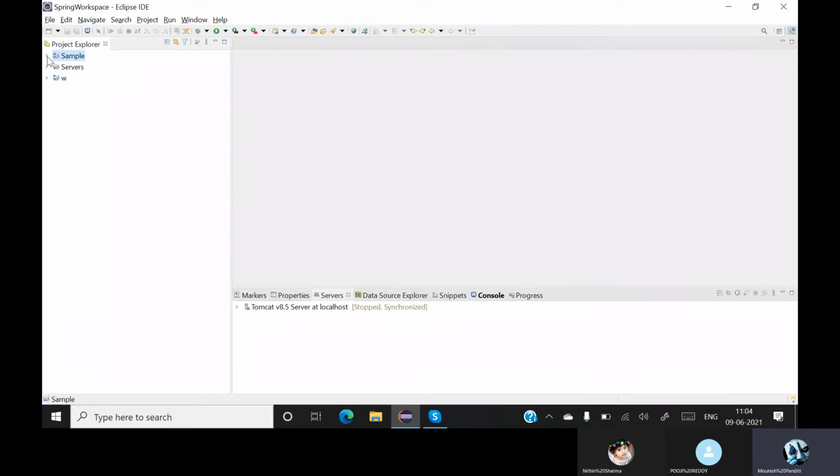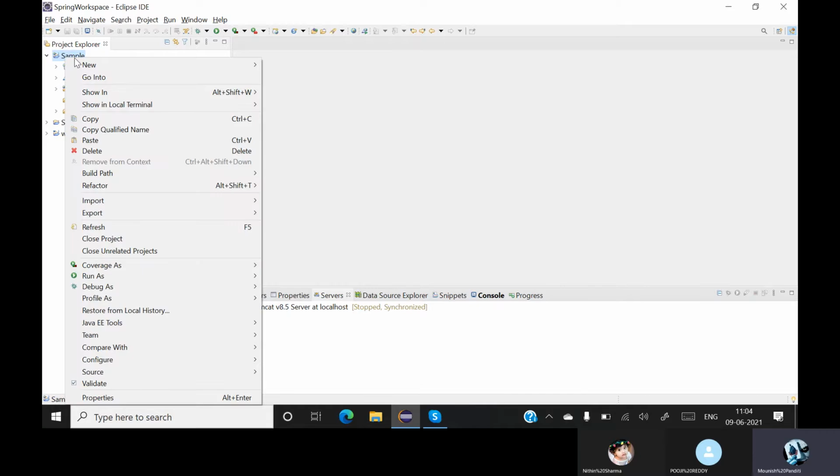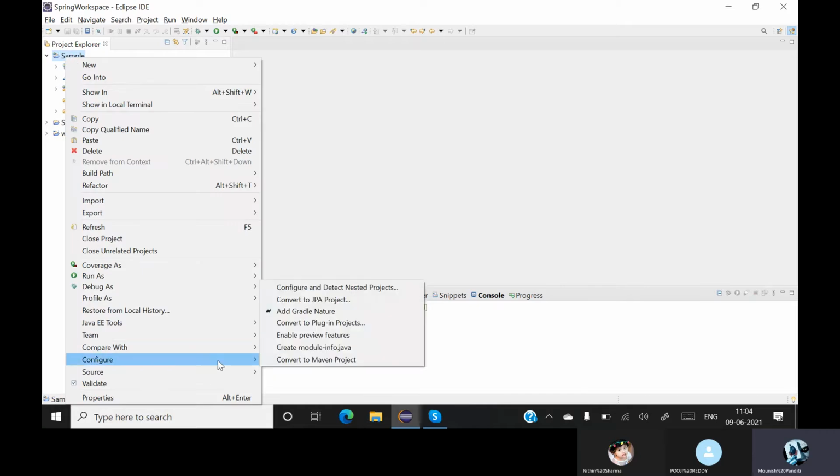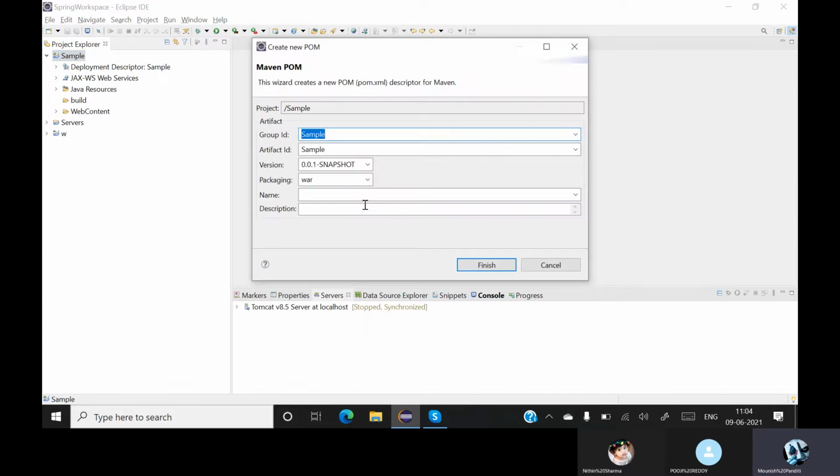Now if you see over here, we have a perfect structure for our web application. We have WebContent, META-INF, WEB-INF, build, resources, everything is there. This is a regular web application. Now we'll make it Spring-based by adding Maven. Go to Configure, click on Convert to Maven Project.